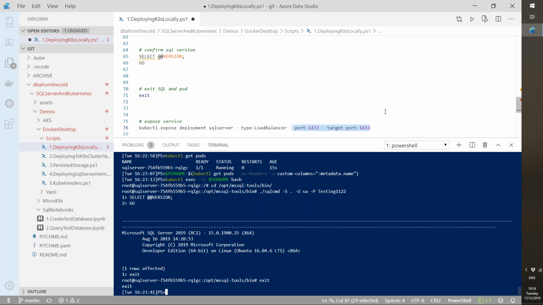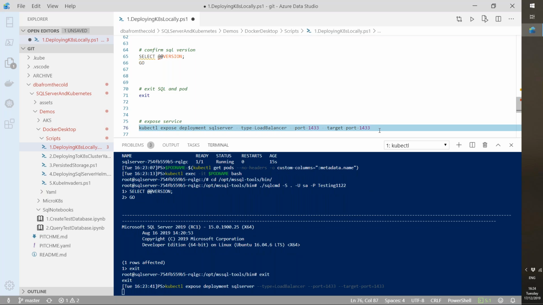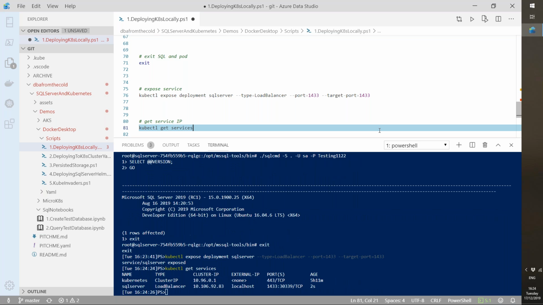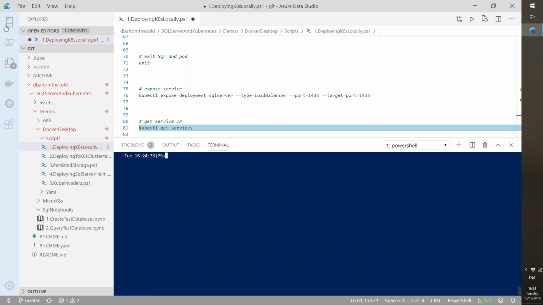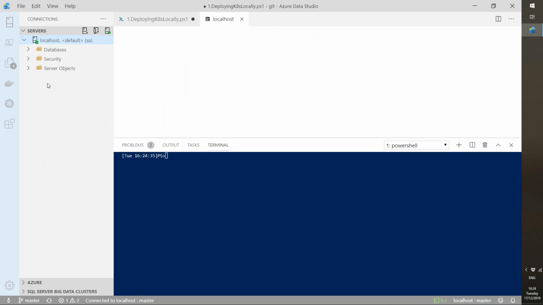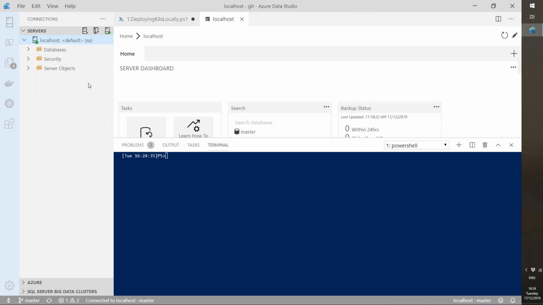And by doing this, in Docker Desktop, eventually, there we go, it will expose that SQL instance on localhost port 1433. So what I can do now is jump in with Azure Data Studio, connect to localhost, hit manage, and here is my local instance.